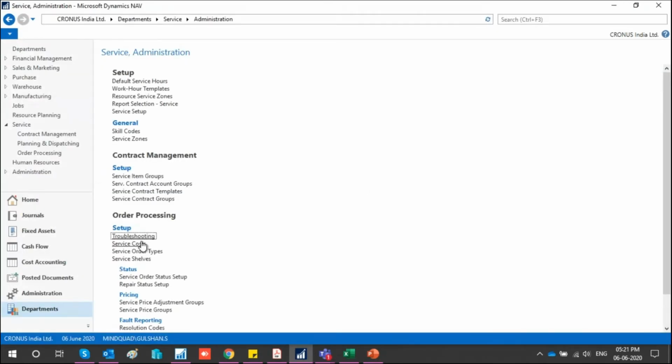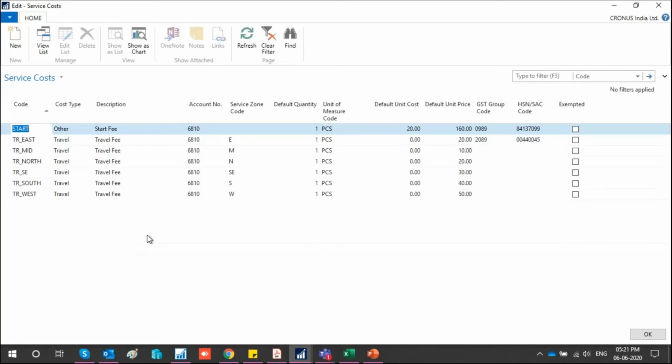Now service cost. Service cost is something other than the normal cost which occurs while performing a service. For example, I'm performing a service and I found out that in this laptop the hard disk is corrupt, so I have to change the hard disk. That cost is the main cost which is put on while servicing that item. But there are a few costs which are by default on the item.